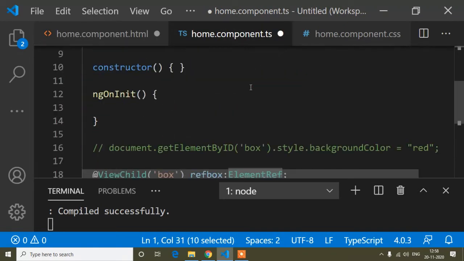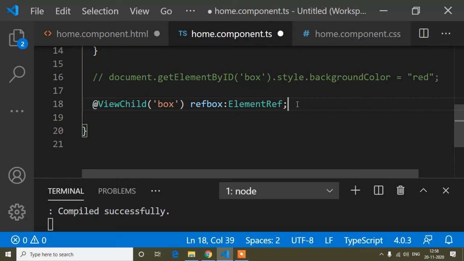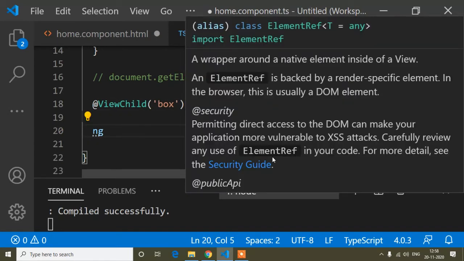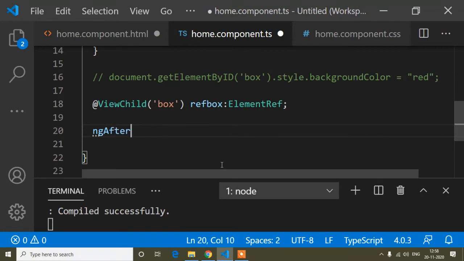Okay, and now I will add the background color of this div. So here now I will write ngAfterViewInit. This is the lifecycle hook. So AFTER, A is capital, VIEW, V is capital, and INIT, I is capital. And now you have to import this one.